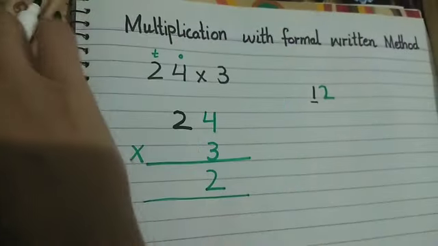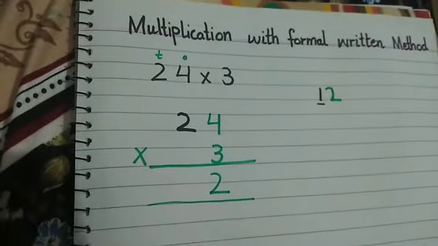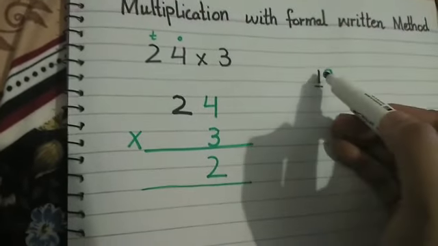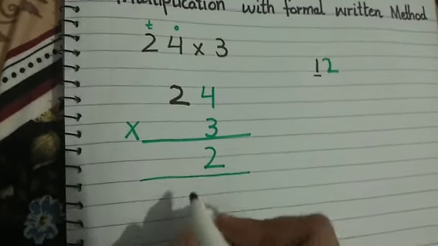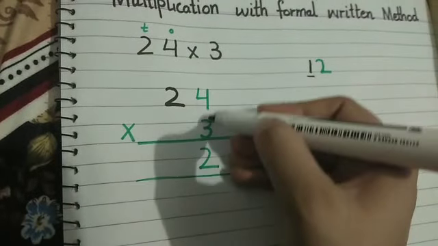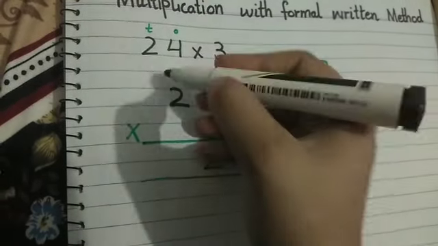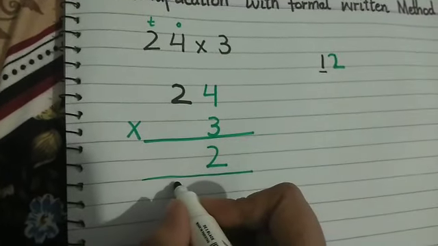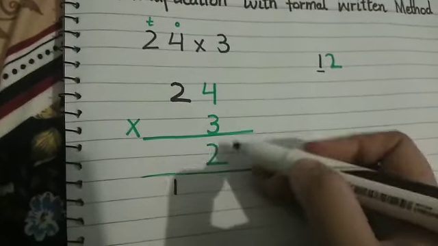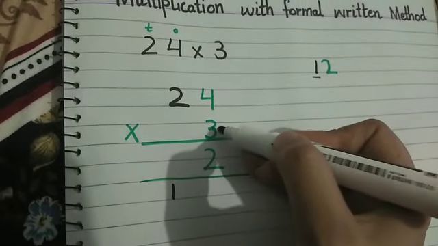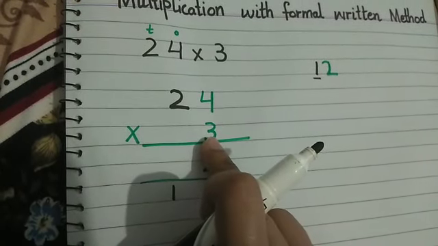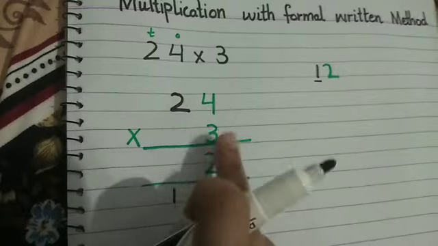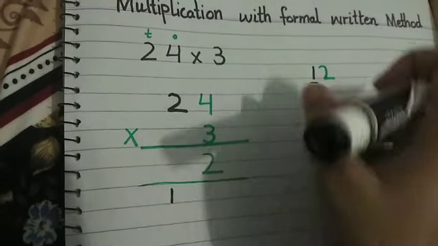Okay, now where do the tens go? Now what will we do with the tens? Now this one will come under the column. This column belongs to ones and this column belongs to tens, so this one will join this 10. Okay, so now we are going to multiply. This 3 is going to multiply with this 10. Now this 3 is going to multiply with 3.